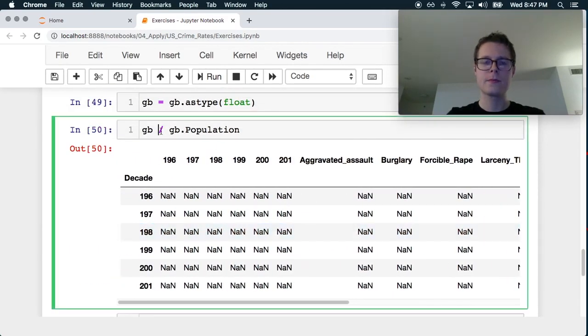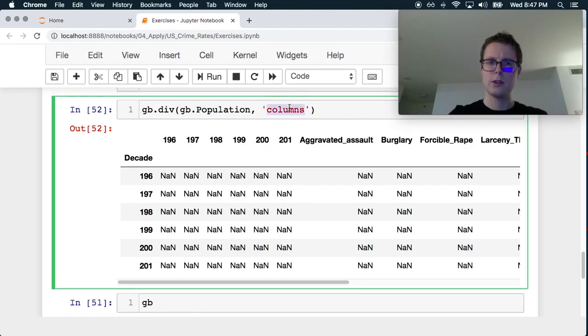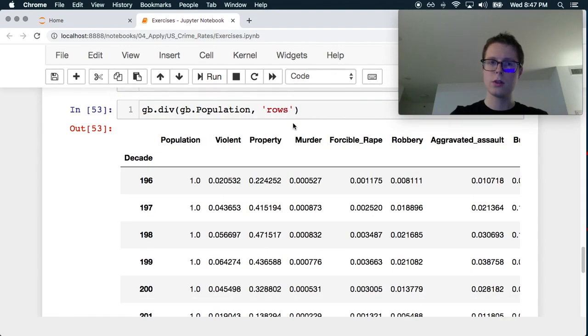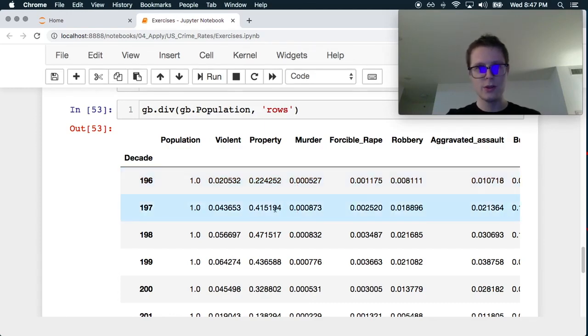I guess div, right. Okay, so rows. Okay, boy. So it looks like I've been dividing the series based on the rows or something like that the